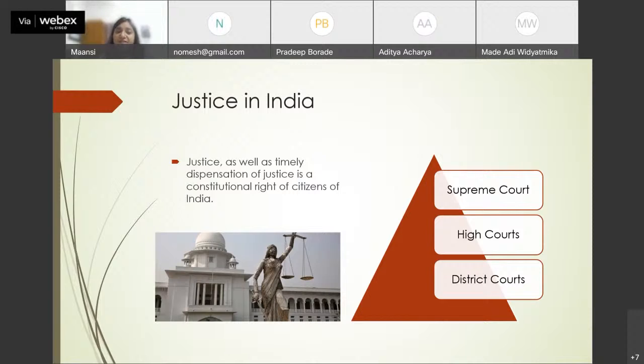A quick overview regarding the Indian judicial system. So we have a quite extensive Indian judicial system that has a pyramid-like structure. We have the Supreme Court of India at the apex of the structure, followed by high courts and district courts. High courts exercise jurisdiction over a state or a group of states and union territories, and they have superintendence over the lower courts, also known as district courts in those states. In case of district courts or lower courts, we have districts and subordinate courts for civil cases and sessions and magisterial courts for criminal cases.